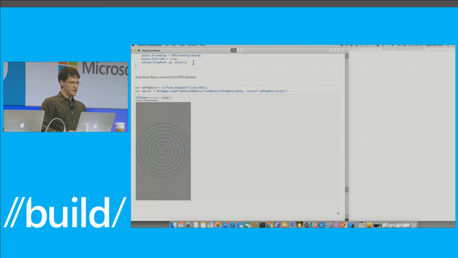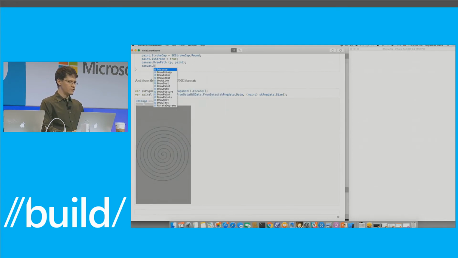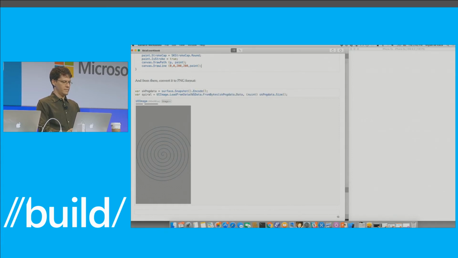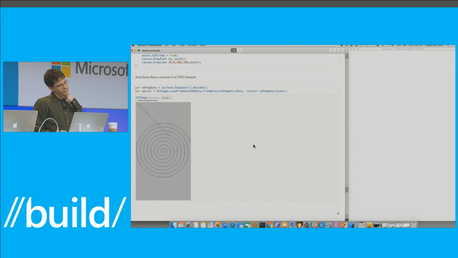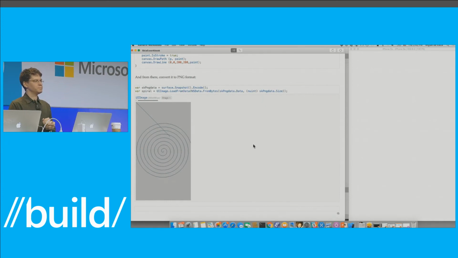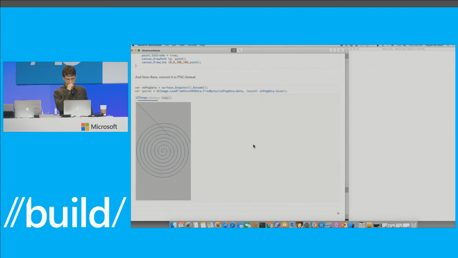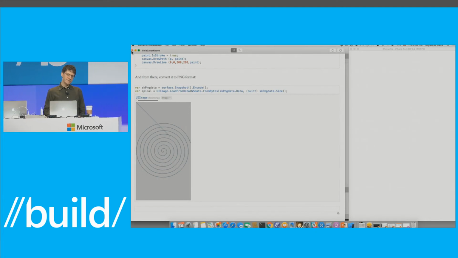And I can actually go and change this. I can say canvas draw line from 0, 0 to 200, 200, comma paint. Right? So I just re-execute this thing, and there it is. Very excited about this. All right. So this is Skia.